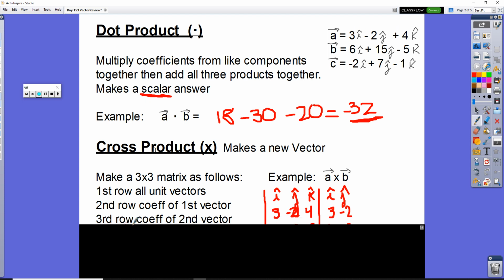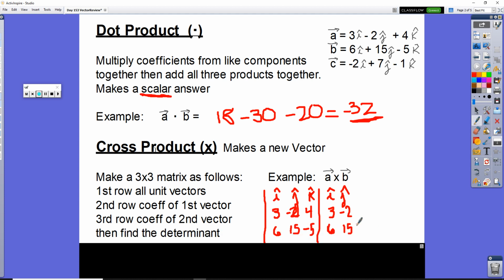And the third and bottom row is going to be completed with the coefficients from whichever vector comes second. So in this case, vector B's coefficients are 6, 15, and -5. They're going to go across the bottom. Once you've completed your 3 by 3 matrix for the cross product, you want to find the determinant for this matrix, which requires that you copy the first 2 columns next to your matrix so that you can finish all your diagonals. Here we're going to have 10i,